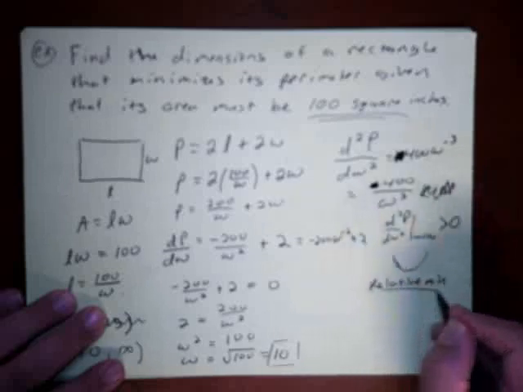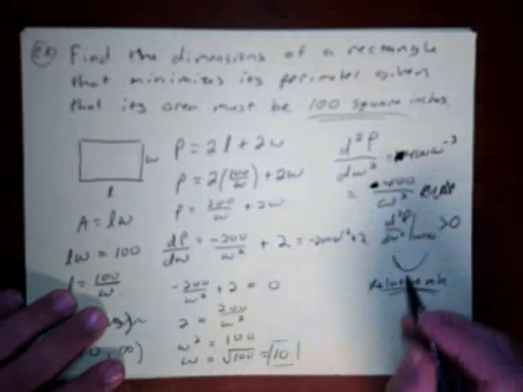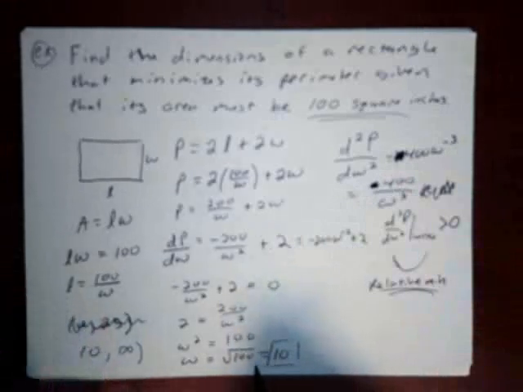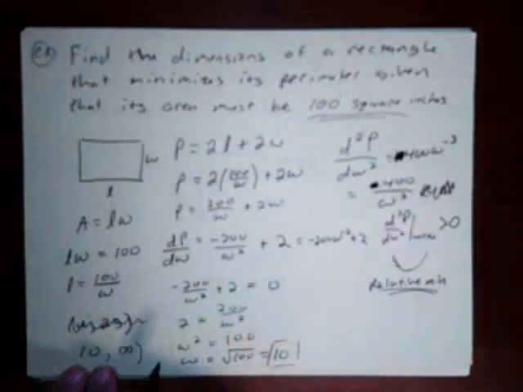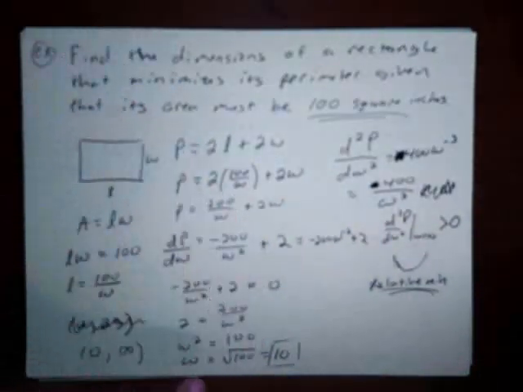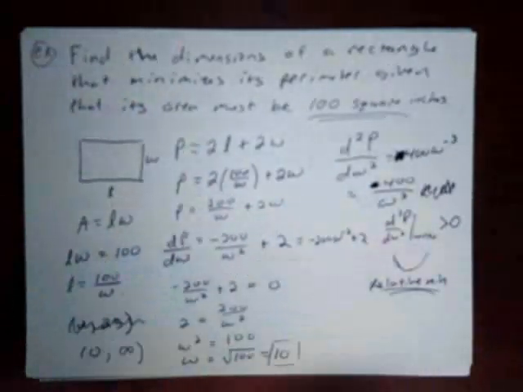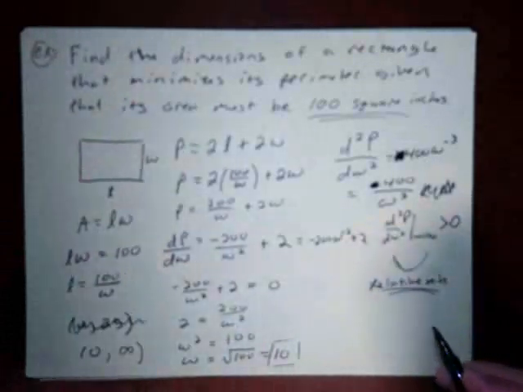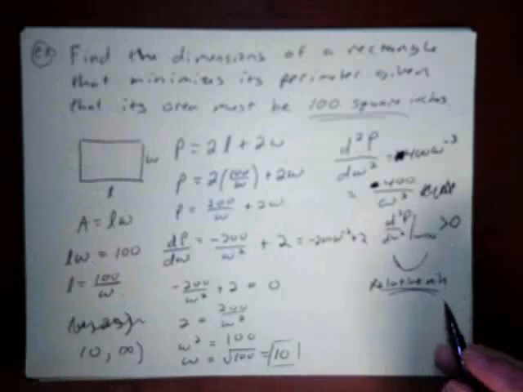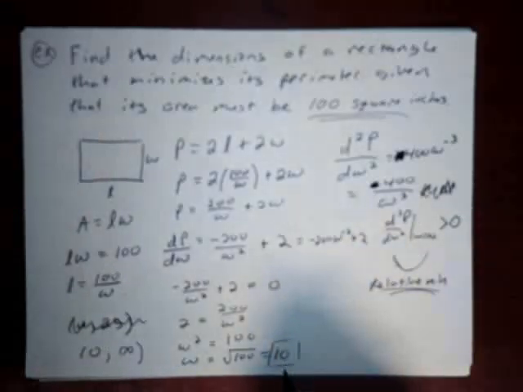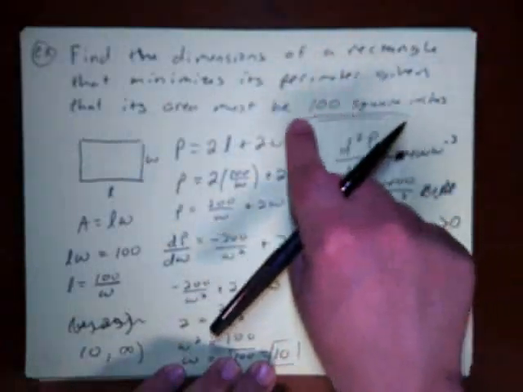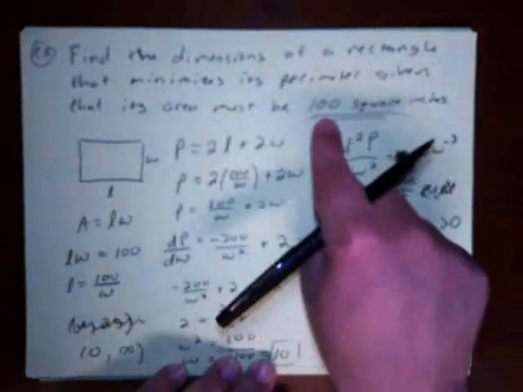So in other words, this is going to be a relative min of the function, and that's actually the only critical point other than 0 here, and 0 isn't defined in this situation. So this is really the only critical point, and you do get a relative min, and so this will be the dimensions that minimize the perimeter of the rectangle, and the rectangle will still have